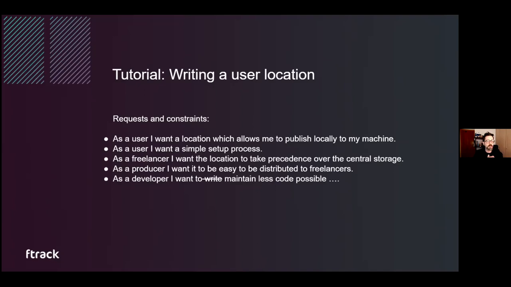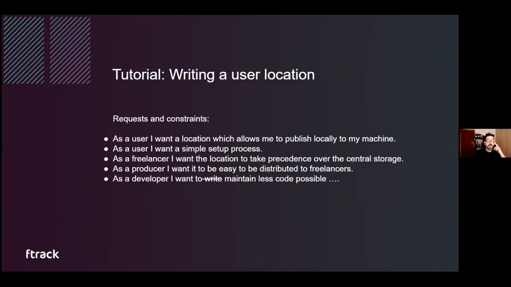I want to publish to my local disk. I want it to be really simple to set up so I can send it around. As a freelancer, as we said, I want this to take precedence over the storage scenario. As a producer, I want to make it easy to distribute to freelancers. So it's just a zip file, whatever it is, you take it, you install, and that's it,